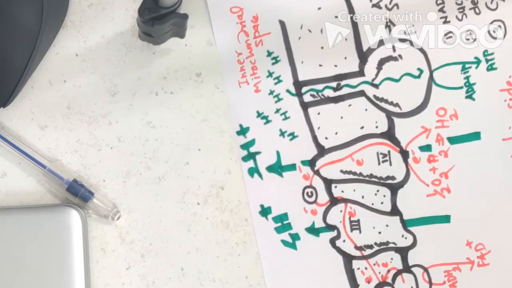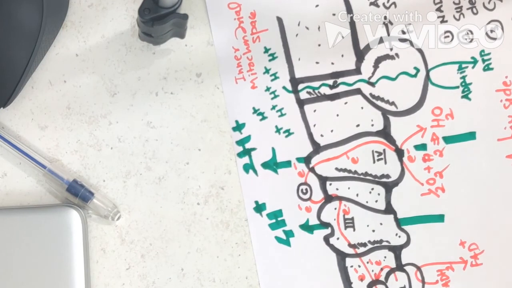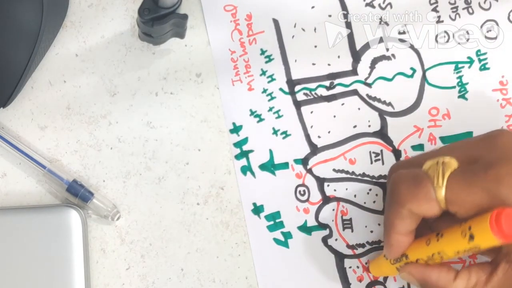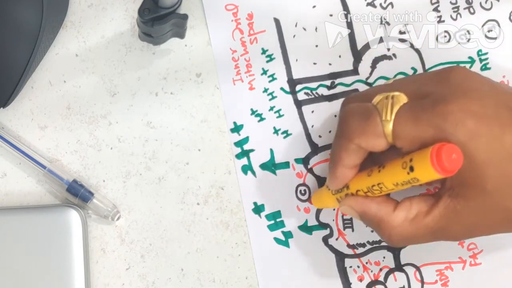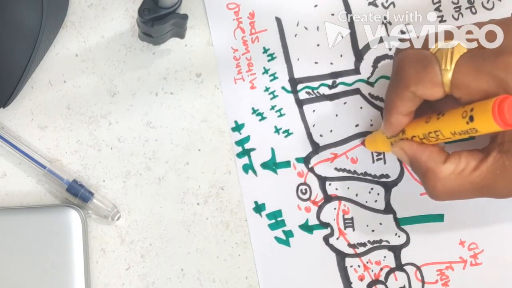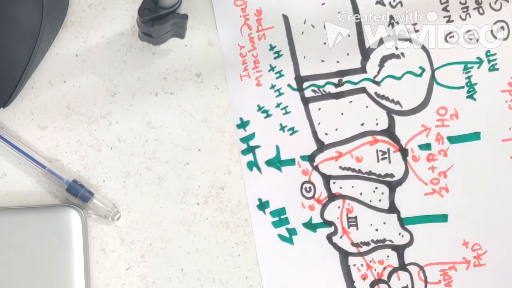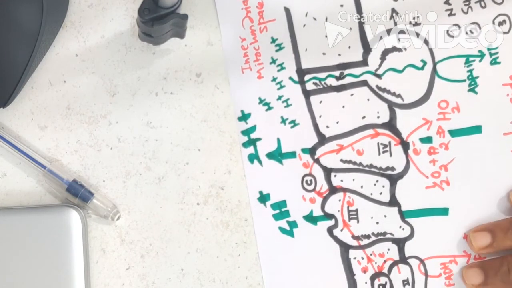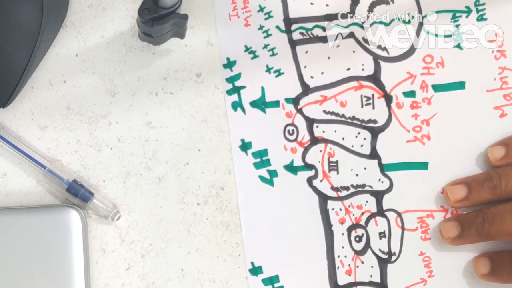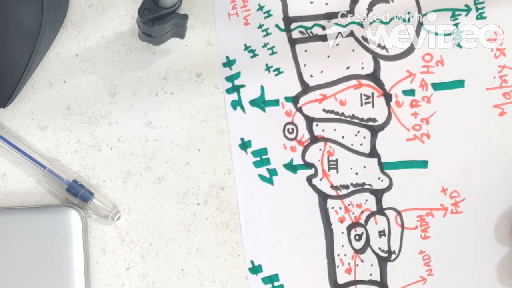So, the path of electrons actually does the whole thing. That's why this system is called the electron transport system. Now, one thing that you must remember here is that this is a very efficient system, and only because of this system the glucose molecule can produce 38 ATPs. This is part of aerobic respiration where oxygen is required.